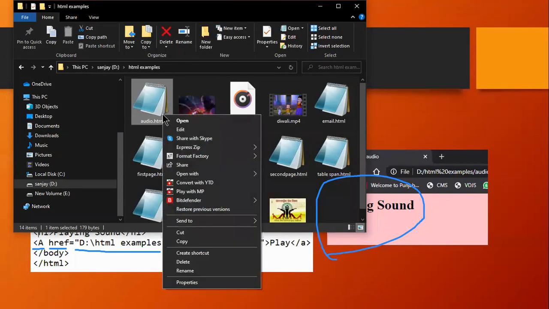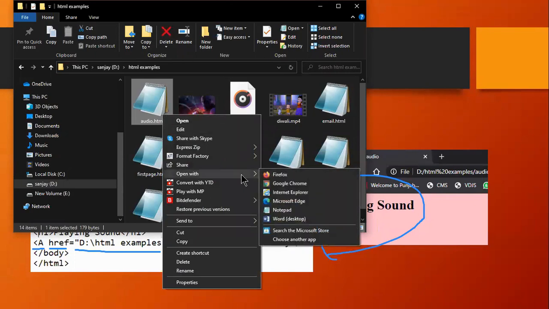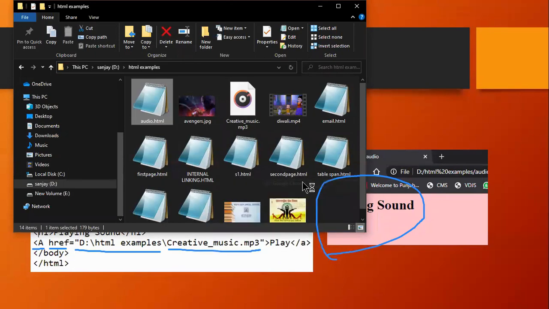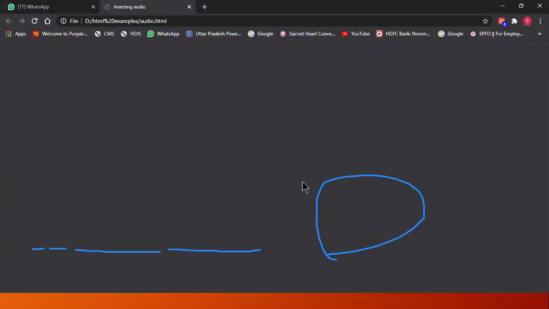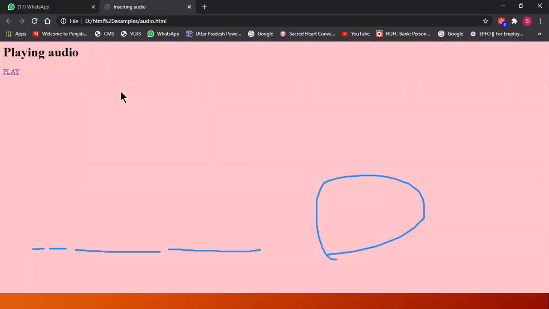Let me open this in my browser, Google Chrome. See the output, playing audio. If you click on play, you will listen the sound.